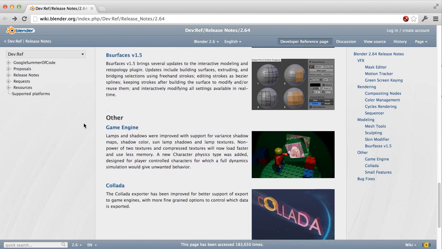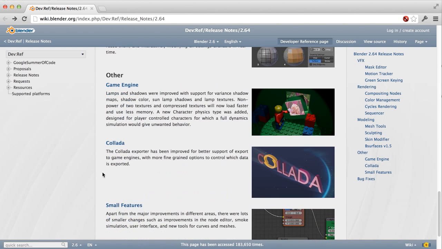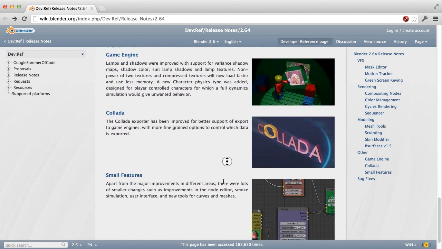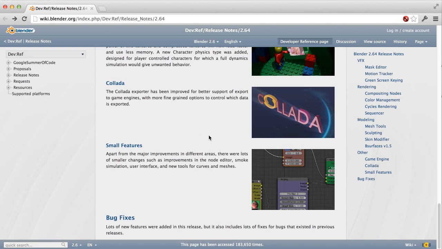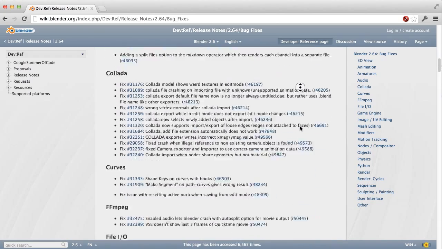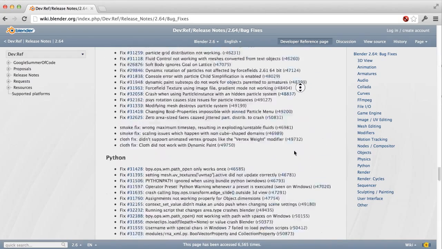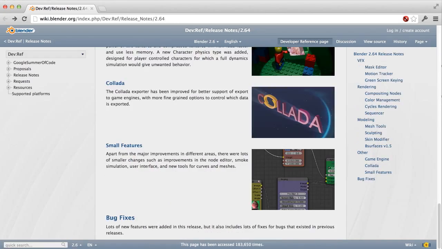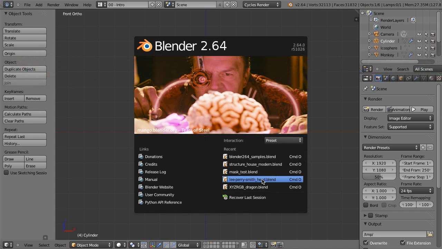We've also got some updates for the game engine, particularly with shadowing. We've got some major updates to the Collada exporter, giving many more options and good Second Life support. And then we've got a variety of other small features and an amazing list of bug fixes. If you just scroll through the list here, you can see the number of fixes that have been added is pretty substantial. So let's jump over to Blender,